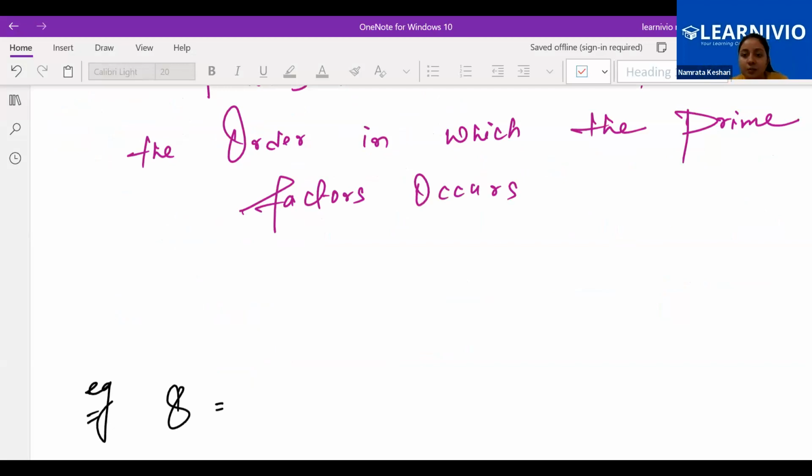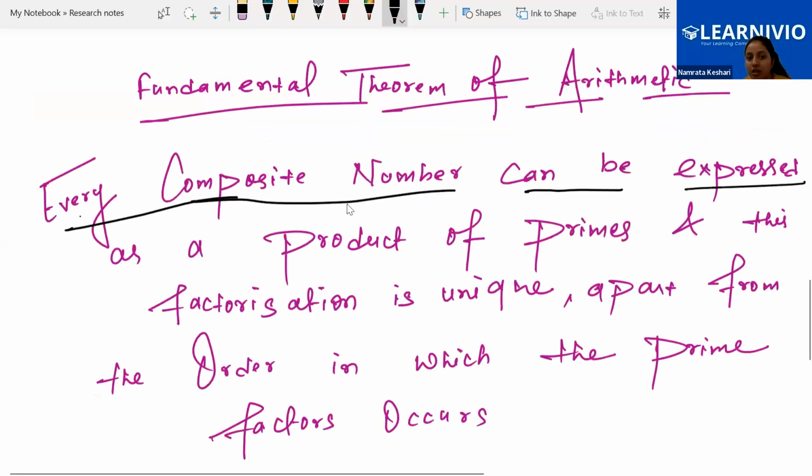Factorization. Yes, please tell me. 2 cube. Yeah, we will be getting 2 cube. Perfect. So we will be getting 2 into 2 into 2, or we can say 2 cube. So what does the statement say? So far we have understood the statement that every composite number